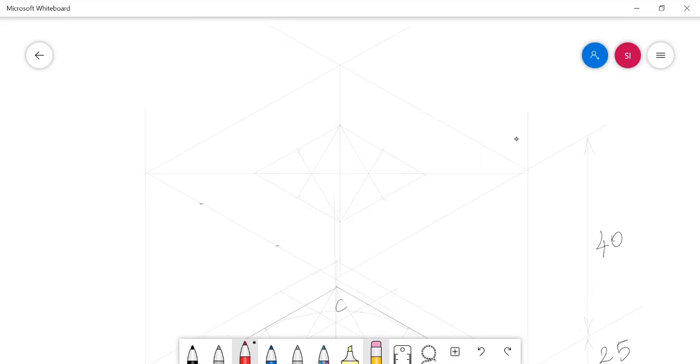Now by identifying the 4 centers, number 1, 2, 3, 4, we can complete the isometric view of the top surface of our frustum of cone.